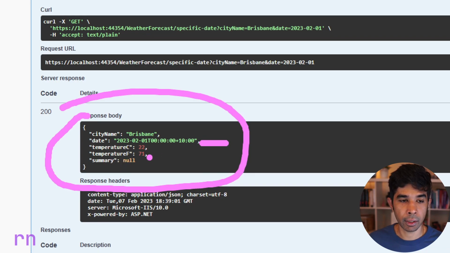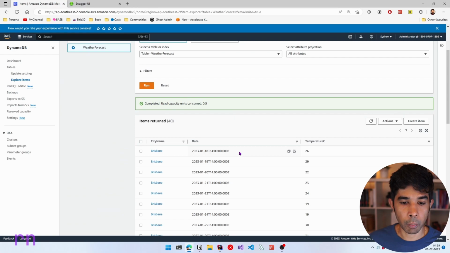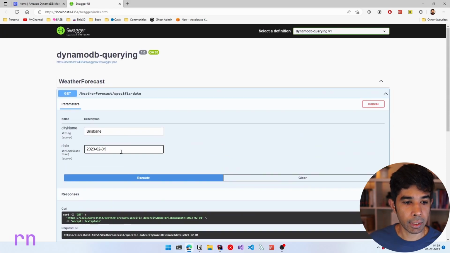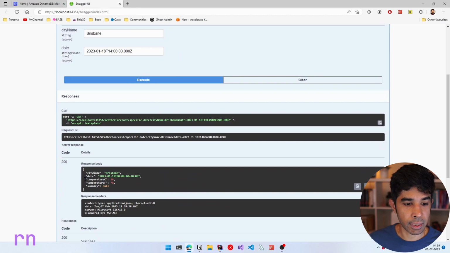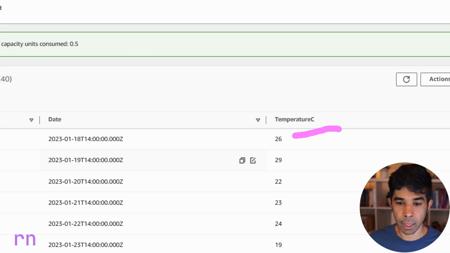that particular day. Now if we come over to the items list here, let's also copy one of these dates and use that in our query. So let's come back and update this date to be that and click execute. Now in this case you can see it's returning 26, which is exactly the temperature on that day in our